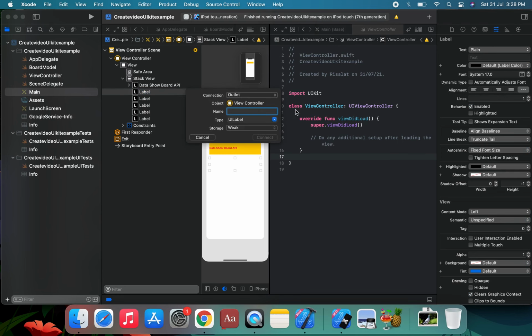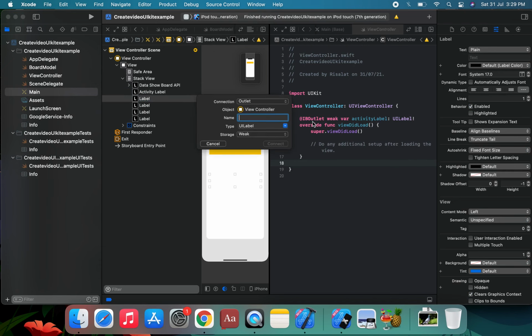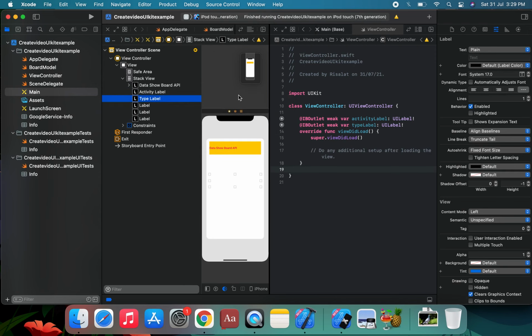We're going to create the outlets. The first outlet is the activity label, which has an activity label. Then we create the next outlet, the type label, which has a type label.